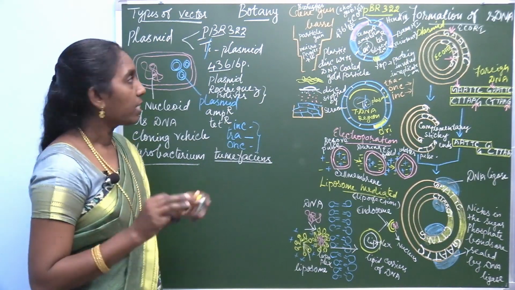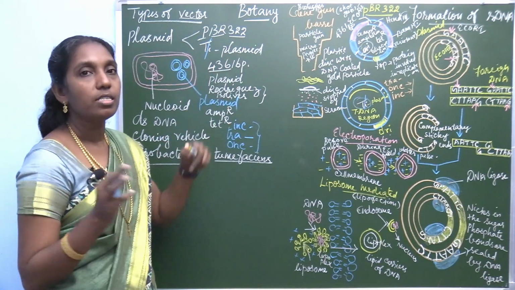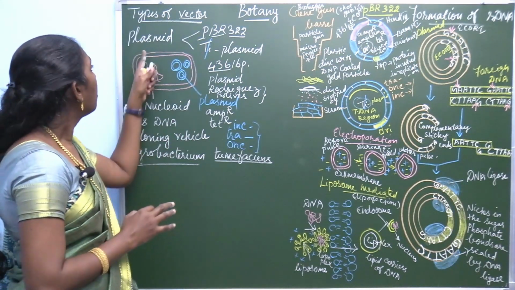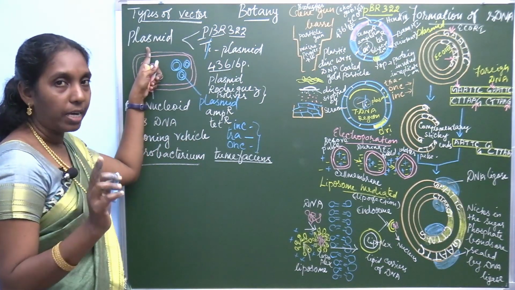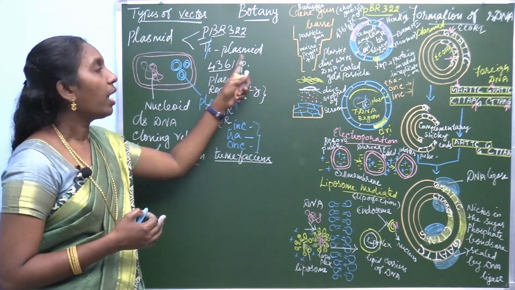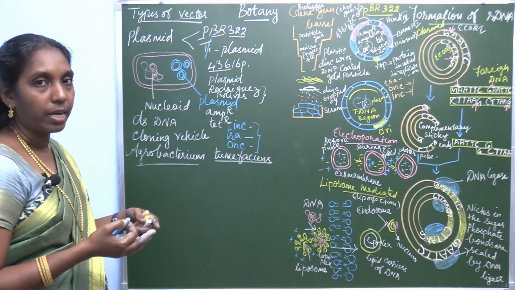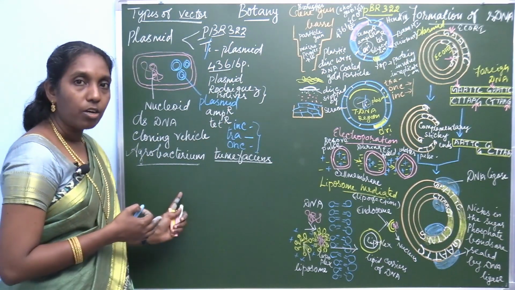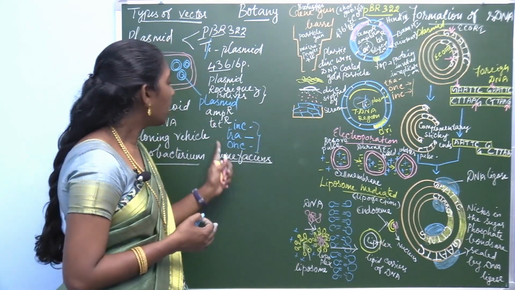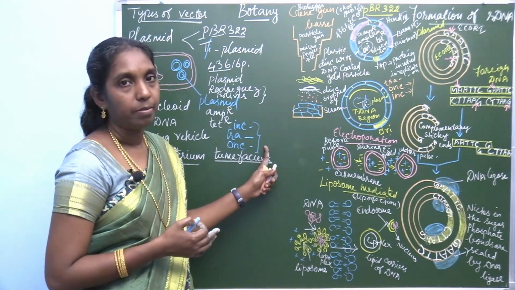So two kinds of plasmids you are going to learn, pBR322 and the Ti plasmid. Three paragraphs are given. First you learn about the plasmid, which you already learned in the lower classes. Now, pBR322 and the Ti plasmid. You may have heard of the Ti plasmid, the tumor inducing plasmid. It is present in Agrobacterium tumefaciens, and these are the three different genes present in the Ti plasmid.